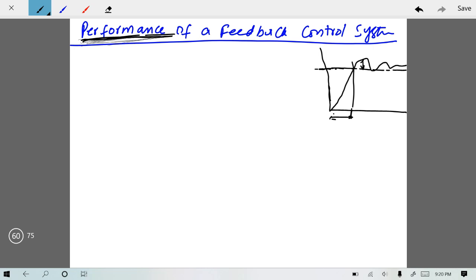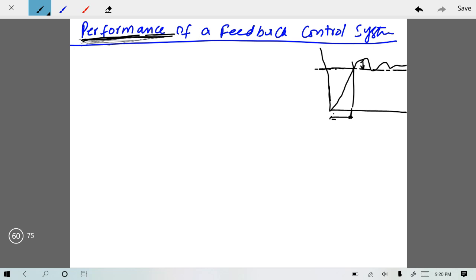There are a few parameters which are degraded when some other parameter is improved. So you have to take a wise decision about which is your required parameter. If you want to achieve something quickly, then your parameter should be time. If you want to achieve something irrelevant of time, but precision is the goal, then obviously reduction of steady state error is your goal.